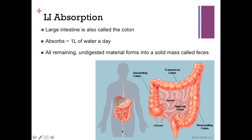Because the main job of the colon is to absorb water, and because the food is moving so quickly to get out, the water is not absorbed, and therefore your poop is super watery because the water was not absorbed. So that's what diarrhea is. All right? On the flip side, constipation